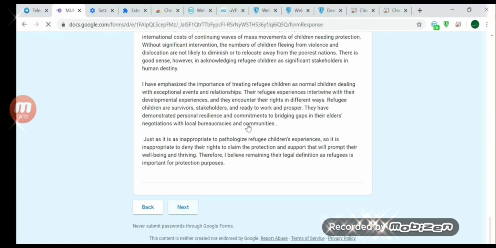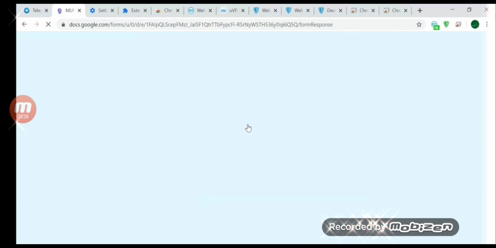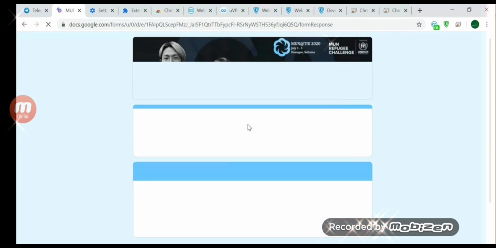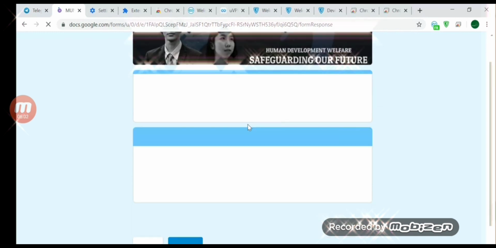So right now I'm moving on to the next stage. I'm not sure what the next stage is yet. I hope it's not an essay again, because I don't know why, but this Japanese MUN put a lot of essay requests. Mostly MUNs try to put only 1 or 2 essays, so they also don't take their time reading each applicant's essay, and they don't want to take applicants' time writing all this. But apparently Japanese MUNs are kind of different, or maybe this MUN specifically is different just because it's a prestigious MUN and they're just trying to make it for free. Yeah, that's probably why. Let's see what's going on right here.